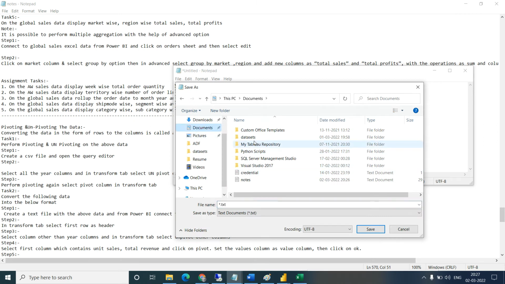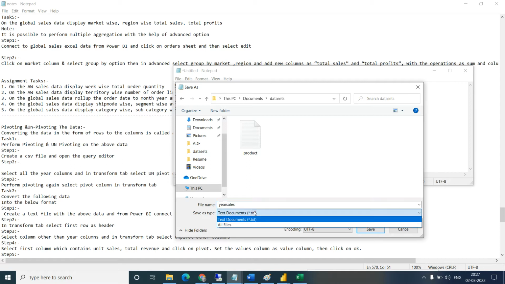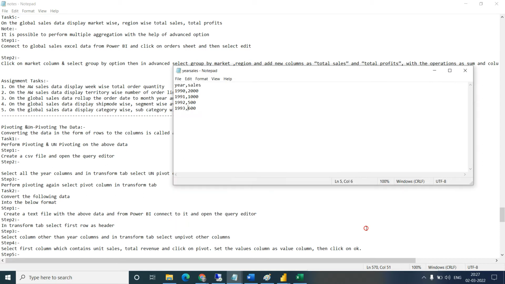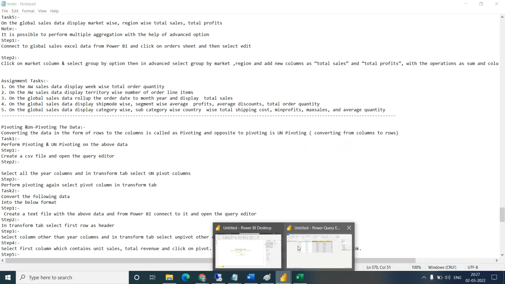So let's go to the document, year sales data. Okay, let's keep the text format, click on OK. Now go back to the Power BI.